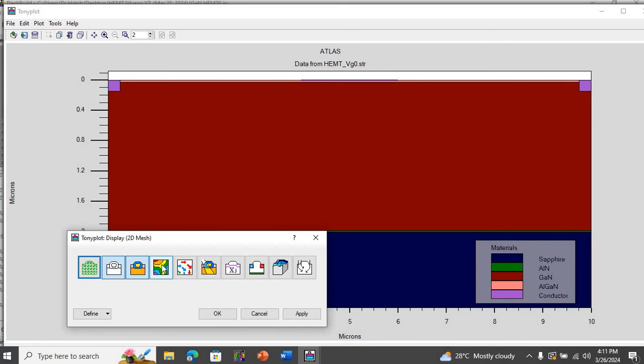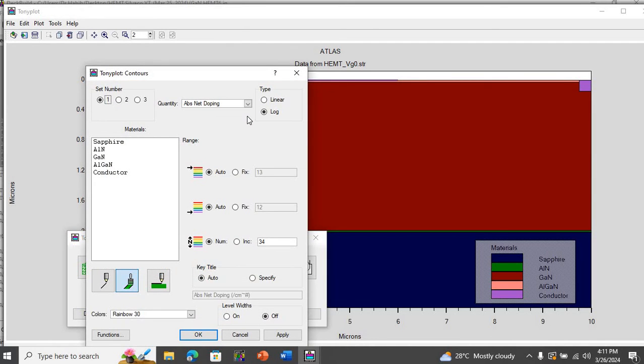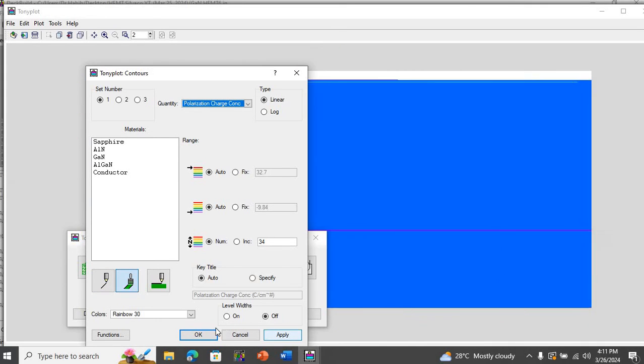So I click on display, click on this contours icon, and then I click on define, go to contours, and here, for example, I want to look at polarization charges. So hit apply,